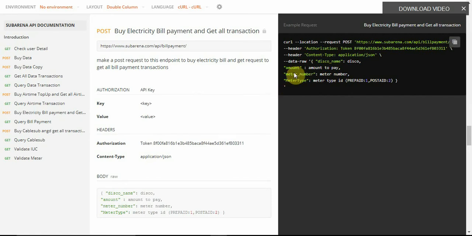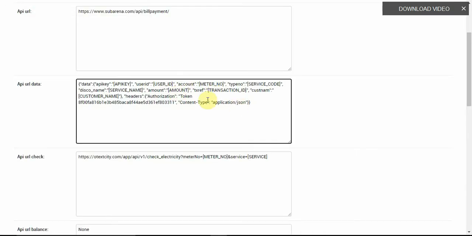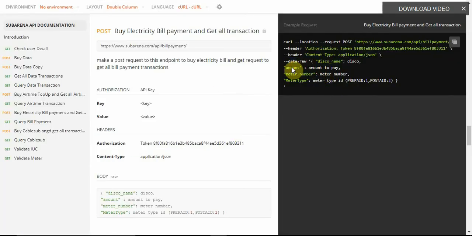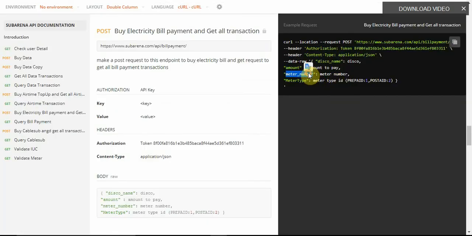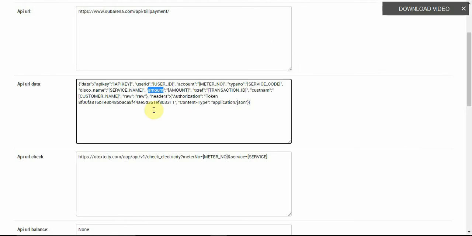There's one thing we omitted here that we didn't remember to put, which is raw. So let me just go back here and add it. We just need to add it here, that's all. Raw. Very important. Then we need the amount here, that's the amount to pay, and we already have that here. So we need the meter number. That's the account that we have here. Then we need to remove this one. We don't need this one in this case. We also need